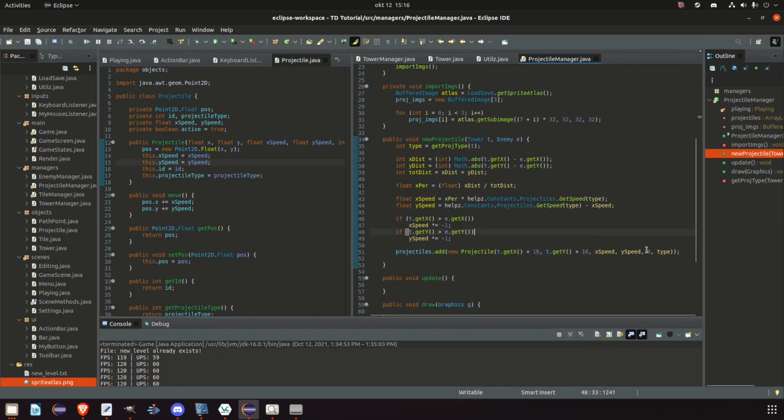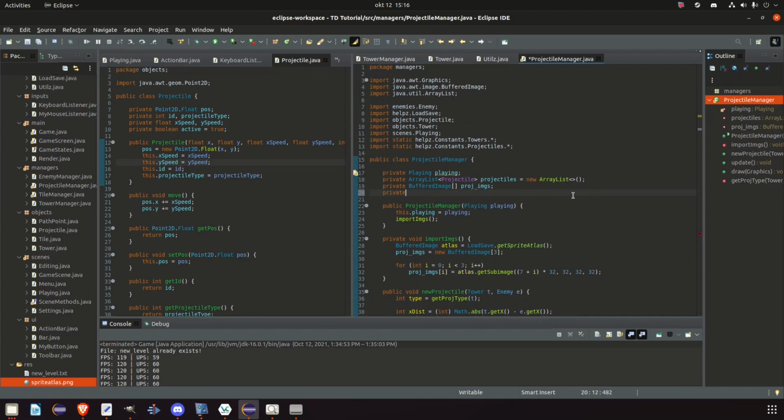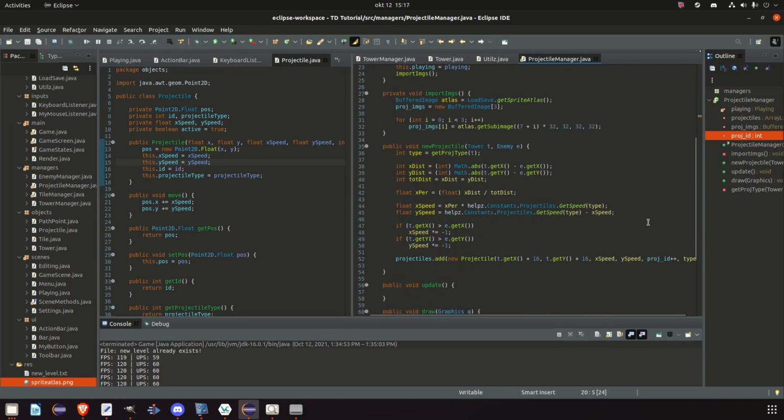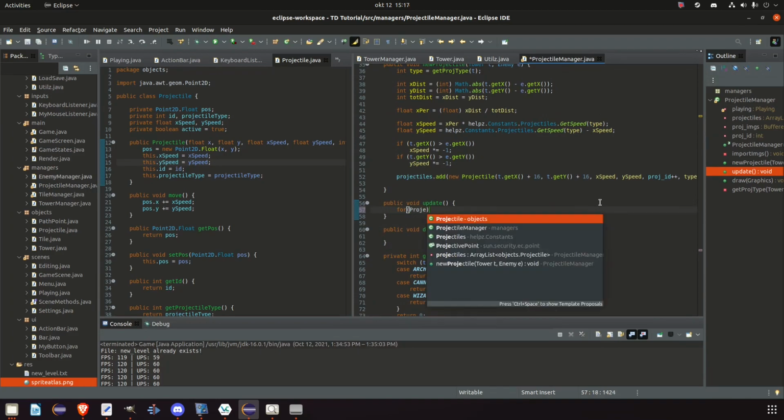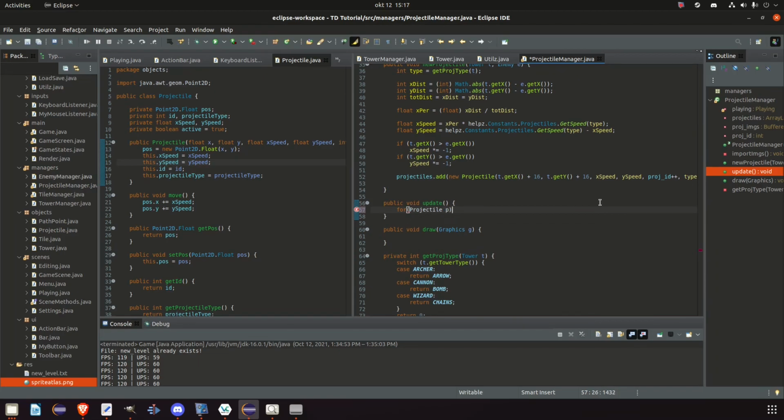Actually, let's fix the ID right away. So instead of 0, we say projectileID++. So we create the value up here, private int projectileID equals 0. So every time we create a new projectile, we give it the projectileID +1. And to update our projectiles, we need to make a loop for projectile p